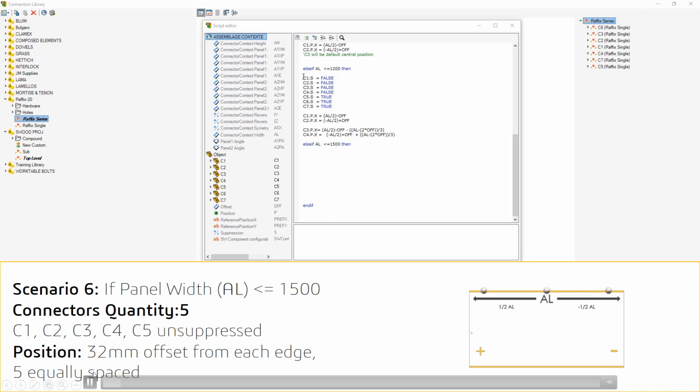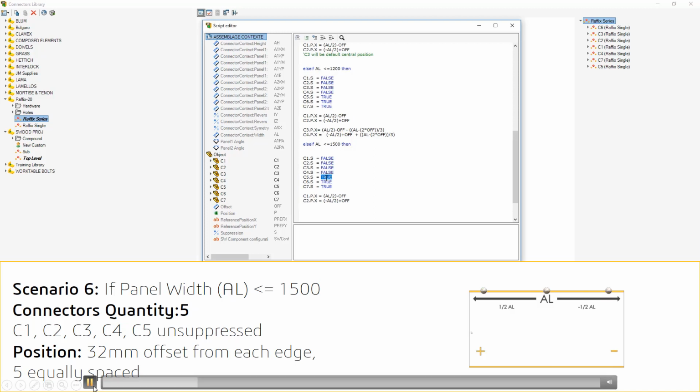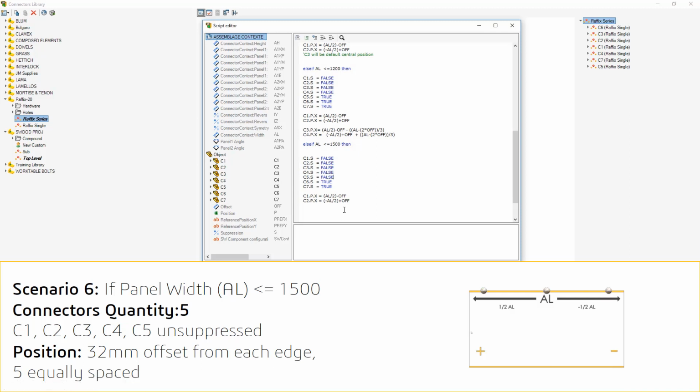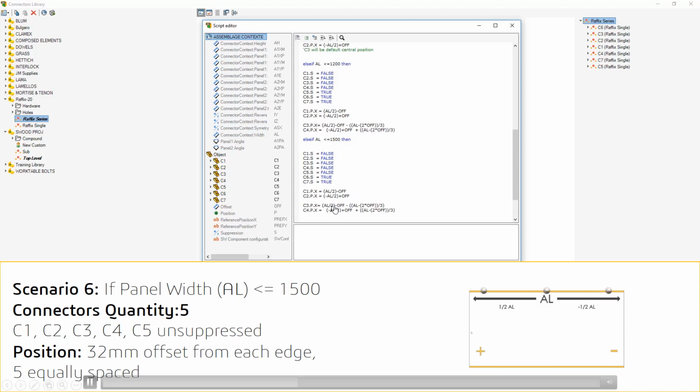Scenario 6 is when AL is less than or equal to 1500. Just going to copy and paste the code from the last scenario, and we're just going to switch on connector 5. So I'm going to change that value from true to false. The positioning for connector 1 and 2 is going to be identical to the scenario above. And then I'm just going to paste the code from C3 and C4 as well, and then make some minor adjustments. So if we look at the video below,